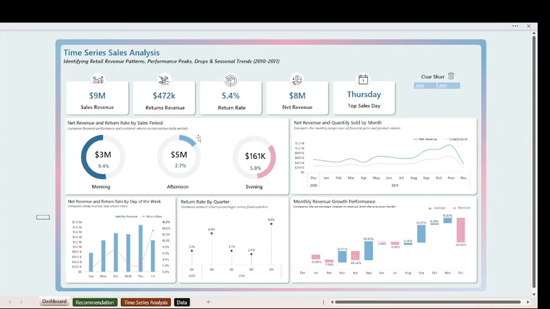Over here at my charts, I have 3 donut charts which I formatted to show the net revenue and return rate by sales period. The morning period has the highest return rate at 9.4%, but also the second highest revenue at 3 million. The afternoon has the lowest return rate but the highest revenue, while the evening period has the least revenue with